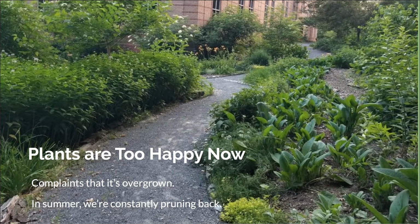Typically a permaculture site is left to go wild, and typically it would look like a forest where it's very full. You can barely walk through it. You don't really have to prune plants, but in a campus environment, we want it to be accessible and safe. In fact, I've had some students tell me it's kind of scary, like how wild it looks, but it's something that we have to learn, that nature is happy and actually producing the best when it is left wild to